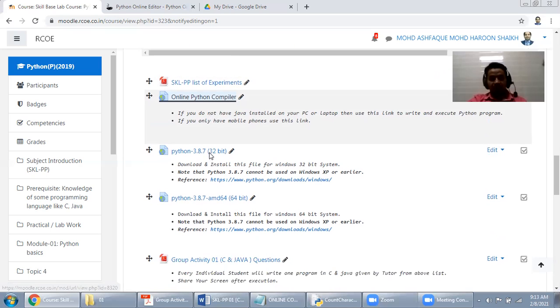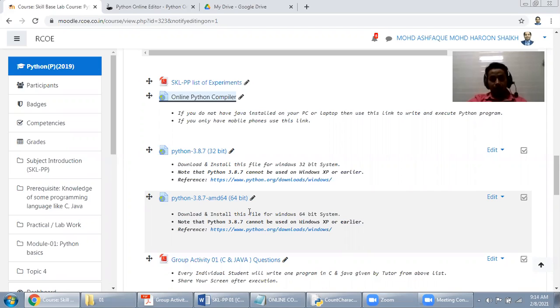For those who have a PC, as we discussed in the last lecture, I have shown and explained the entire steps for the Python installation. Here the link is for the latest version, 3.8.7, for 32-bit as well as for 64-bit. Python software is available for both.